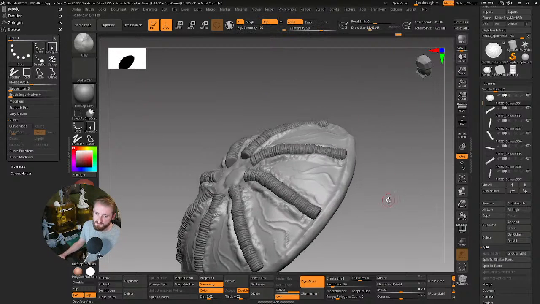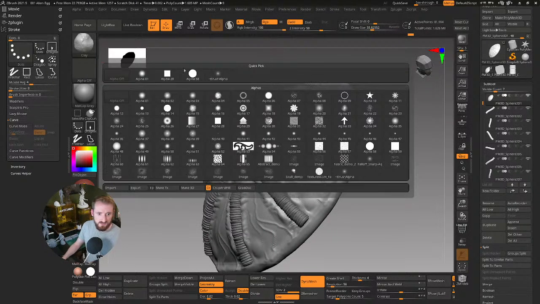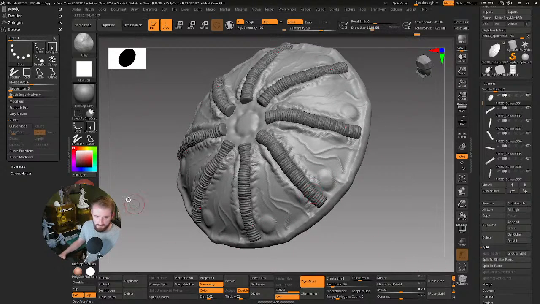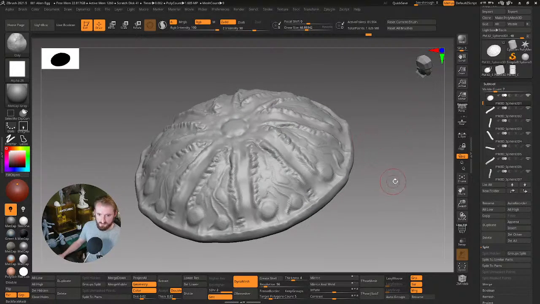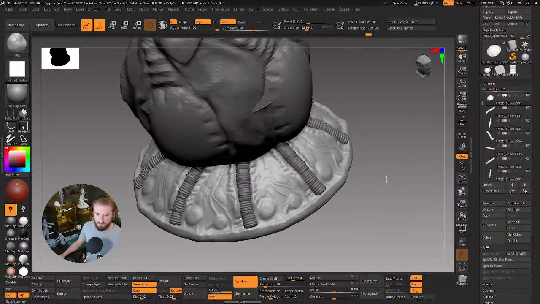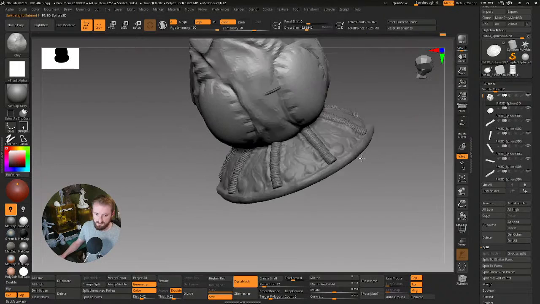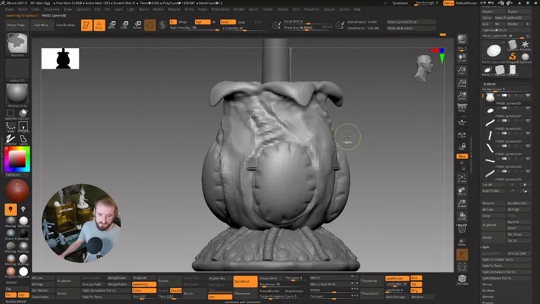A couple of maybe veins or capillaries or whatever. Just going to change the alpha of the clay brush to the square alpha, and you can see it gives a lot more of a sharper edge to it. So if we click off that, we can see how that's working. Come back to the base,